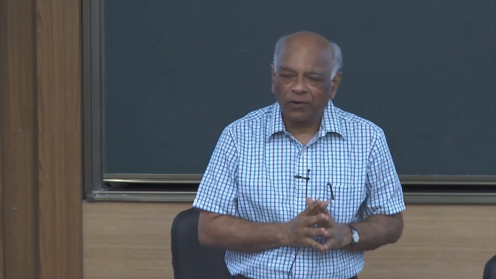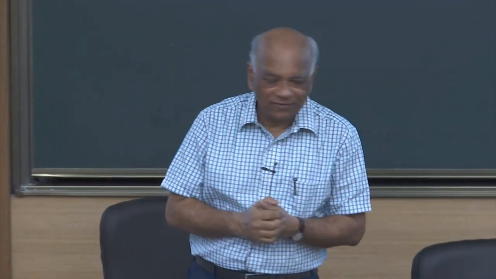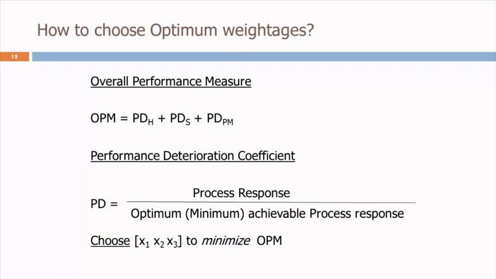But that would be dependent upon what values of W1, W2, W3, the weightages, you have chosen. So it gives flexibility. The flexibility is such that the manufacturer can tune W1, W2, W3 depending on whether he would like to put more bias on productivity, or more on quality, or more on material utilization, and accordingly it will start determining the optimization.